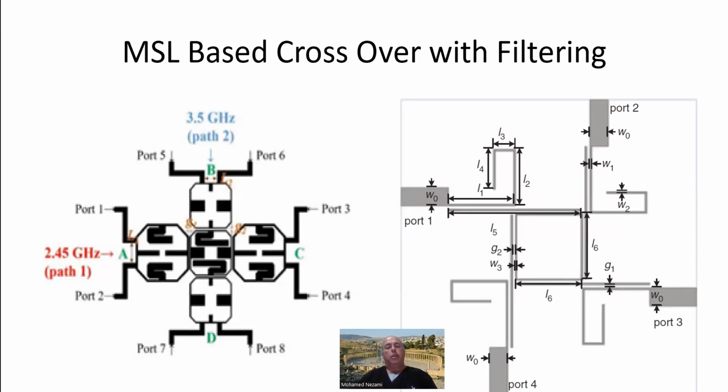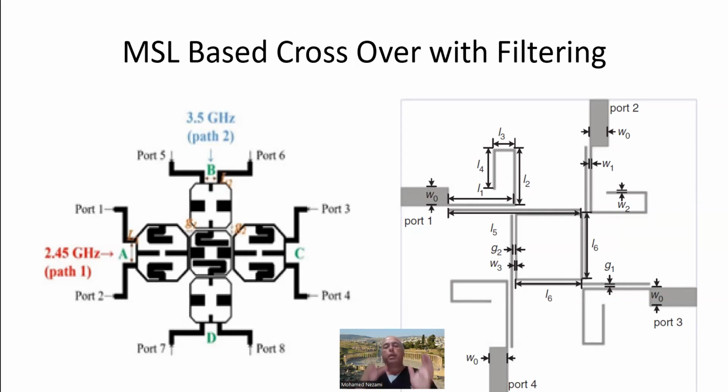Some people say, well, since we have to do this business of crossovering, why don't we utilize some kind of pattern to resonators to do actual filtering? And so it becomes almost like a diplexer, not only crossover, but really a diplexer. You can find in the literature some people did this, and a lot of people are working on this. These usually come in two types, either microstrip or substrate integrated waveguides, as I will show in a minute. So this class of crossover, it's really filtering crossovers,